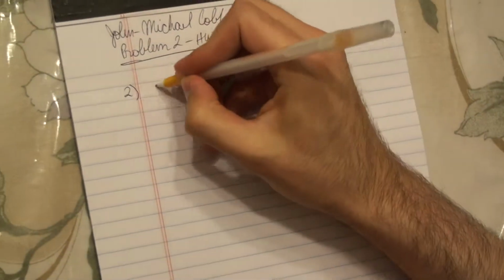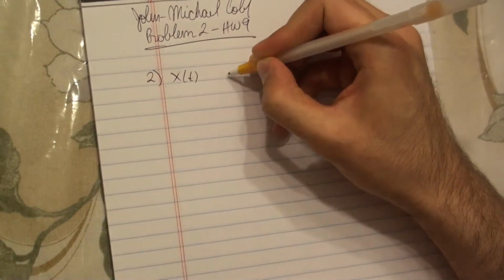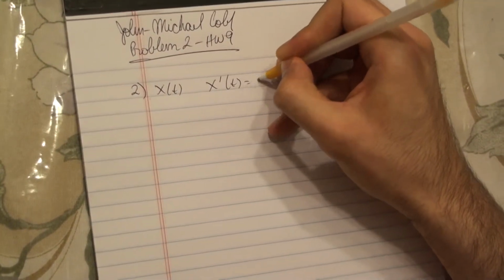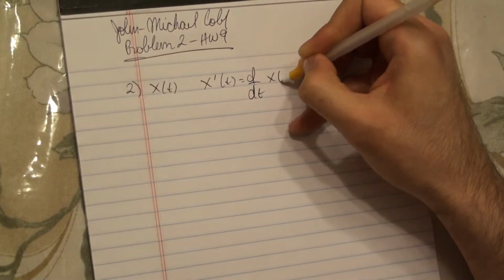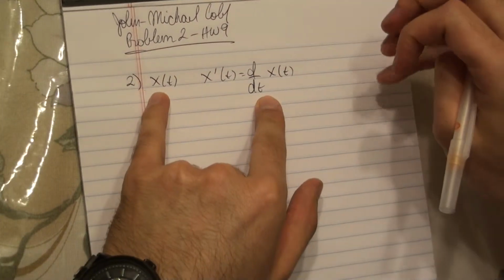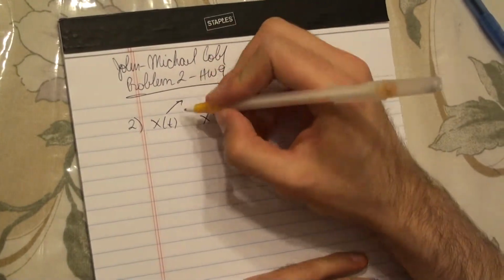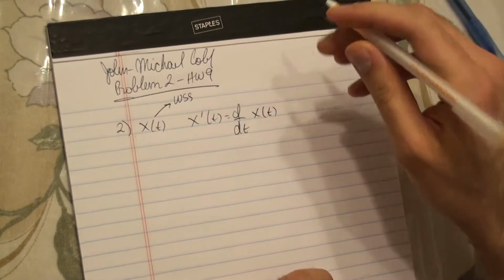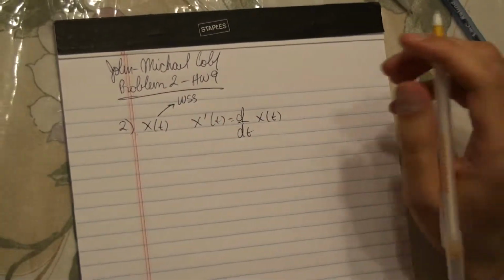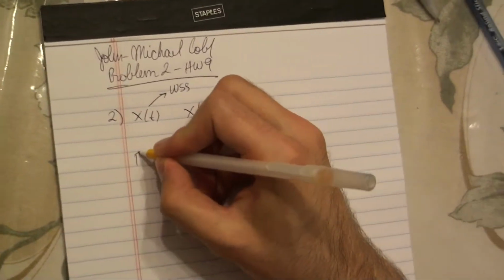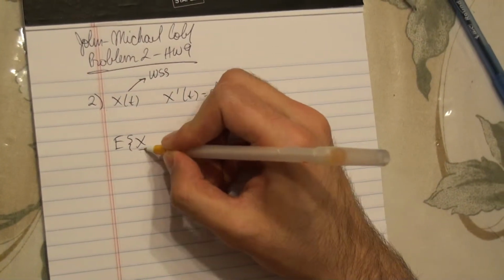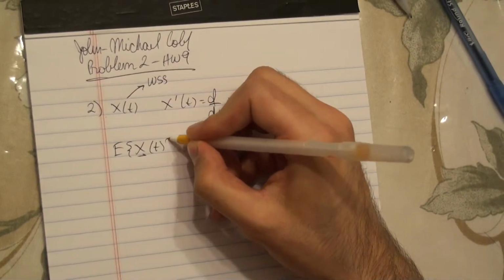Okay, so problem 2 of homework 9 asks us to show that x of t and x prime of t, which is equal to d/dt of x of t, are orthogonal and uncorrelated, knowing that x of t is a wide-sense stationary process. Before we begin, we have to recall that the expected value of a wide-sense stationary process